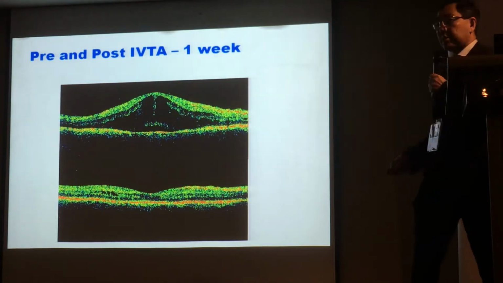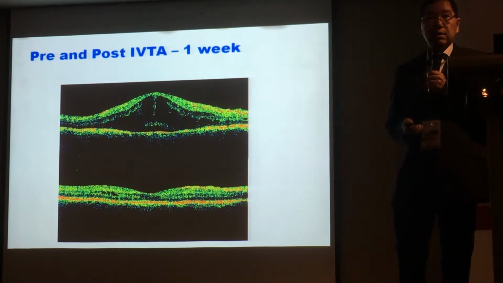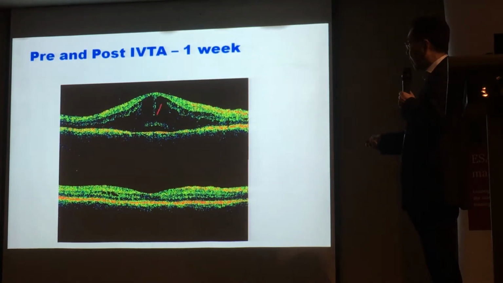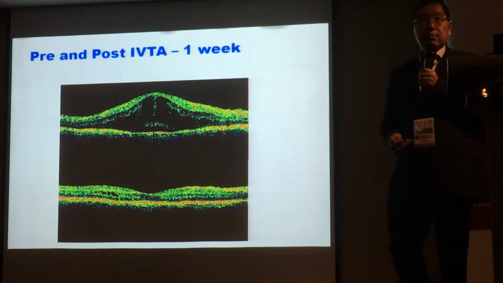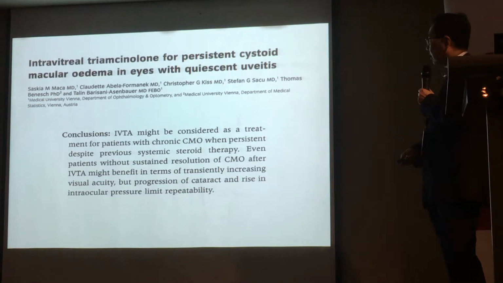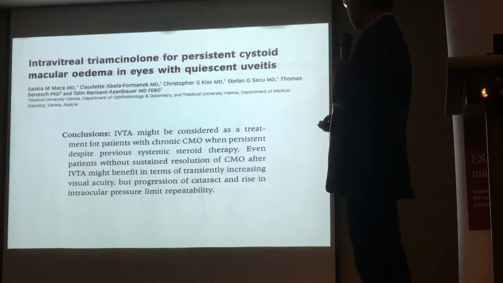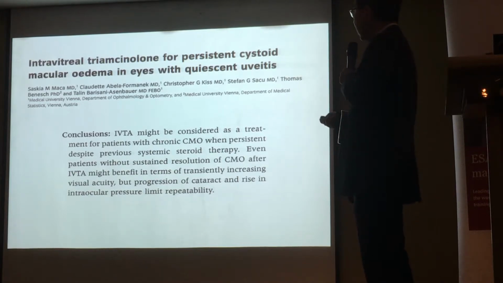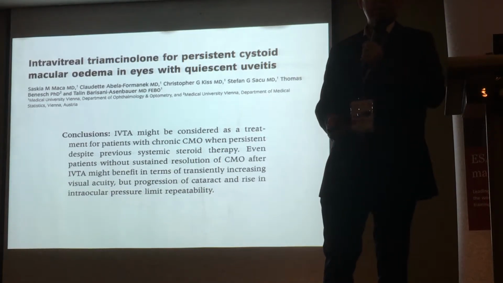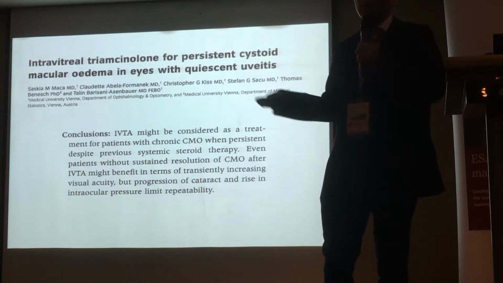This is a very, very rapid response. Within 1 week, sometimes within a few days, there'll be improvement in both inflammation as well as cystoid macular edema. So very, very good idea. This is an example of a patient with quiescent uveitis, who had cystoid macular edema, which was persistent and would resolve with intravitreal triamcinolone. Right? So before we had anti-VEGF, this was probably the most popular